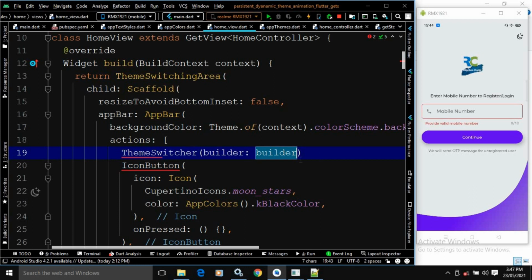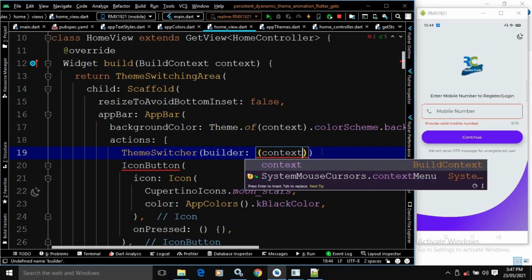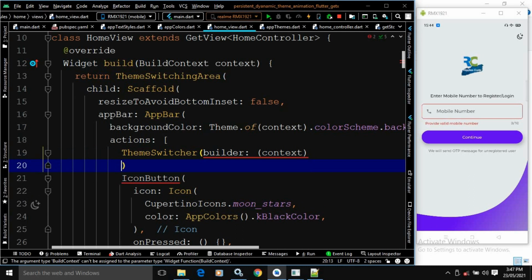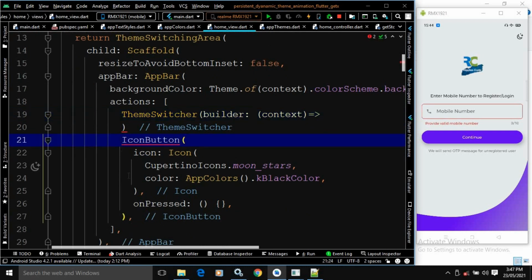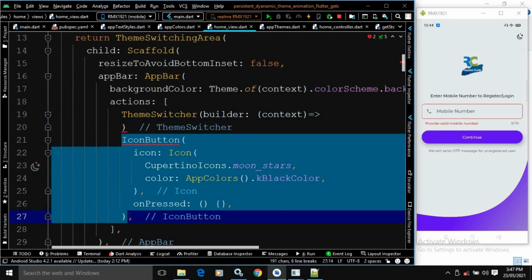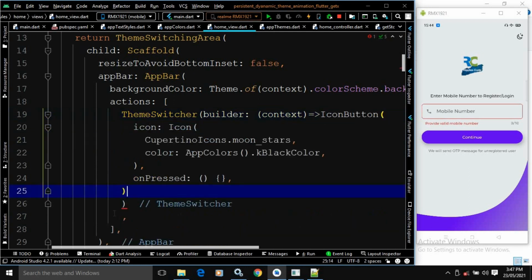Now in the builder, here I will write context, okay, and in the context I will simply cut this and paste it here. Okay, now there is no need of this, right?